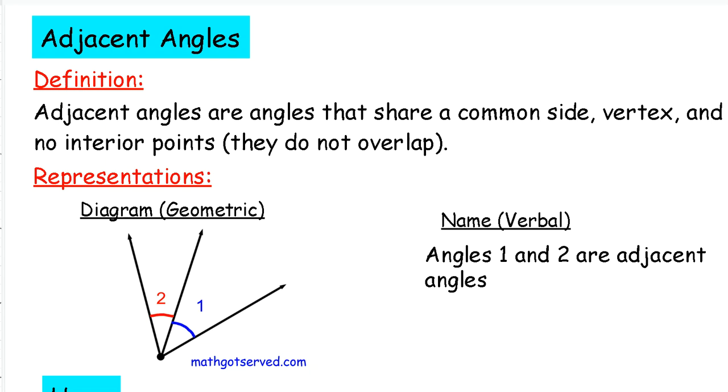All right, so we have a representation of adjacent angles in the diagram below. You can see angle 1 and 2, they are adjacent angles. Another word for adjacent is side to side. And if you notice, these two angles do not overlap or share any interior points in common. Okay, and then if you want to say this verbally, you just basically say angles 1 and 2 are adjacent